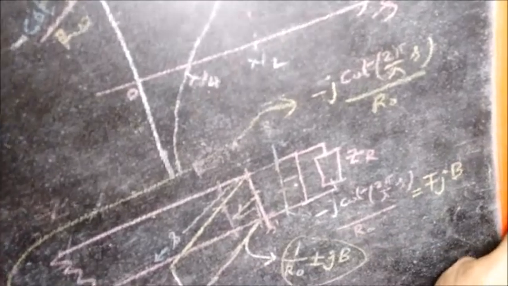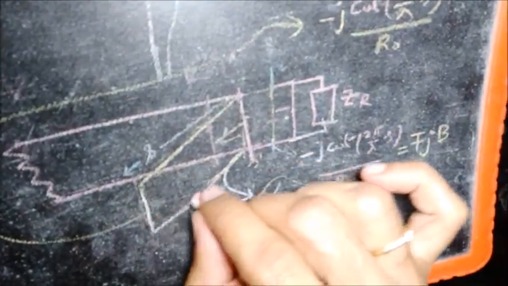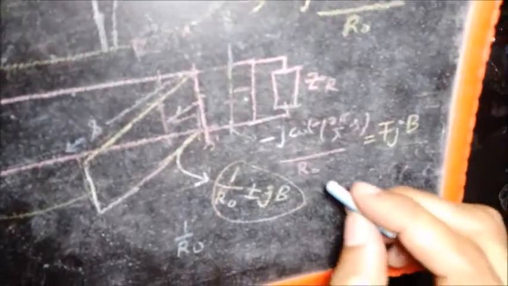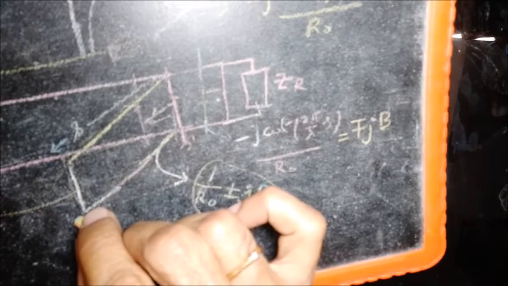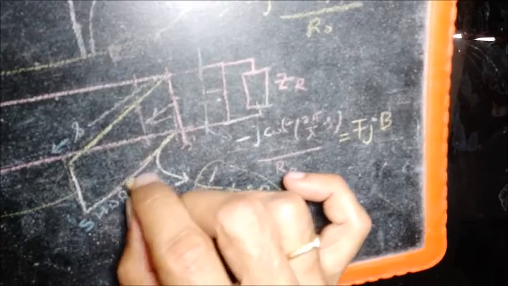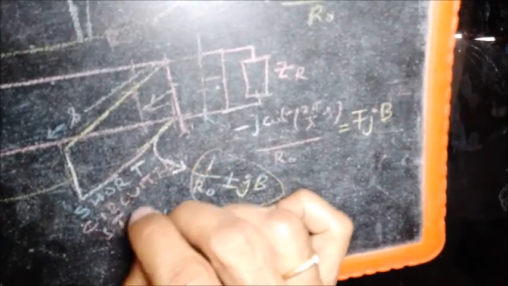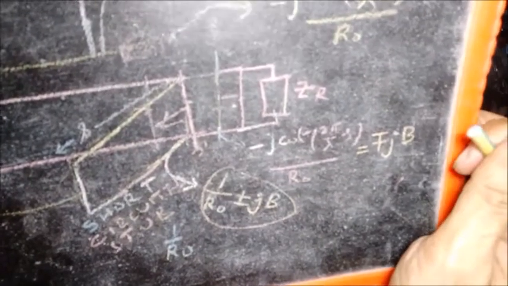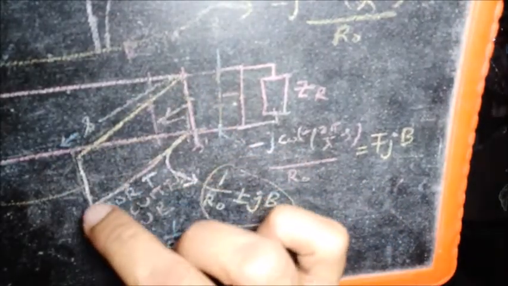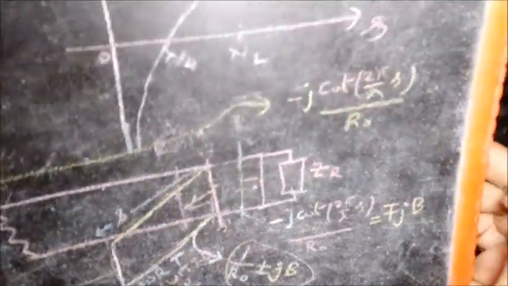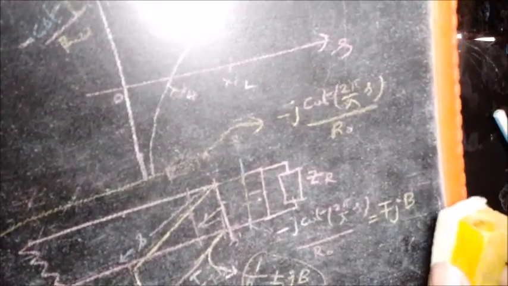So this setup that we have, wherein we connect a short-circuited line like this to achieve the impedance matching as I explained here, is known as the short-circuited stub. Or you can even call this a method wherein we are using a single stub for impedance matching. And that was the title that I had at the beginning of this video.